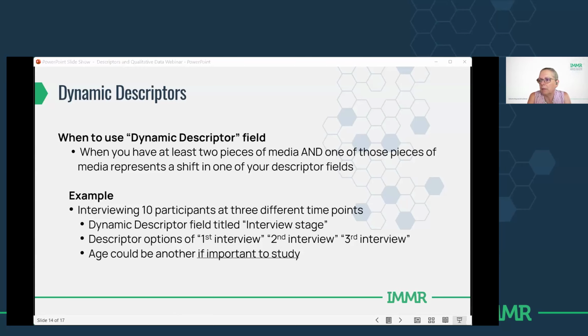Oh, there's a question about if you've got focus groups. I think focus groups are different. There's different ways of handling focus groups.